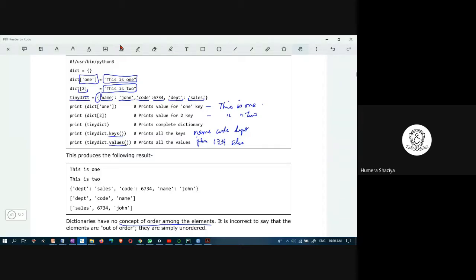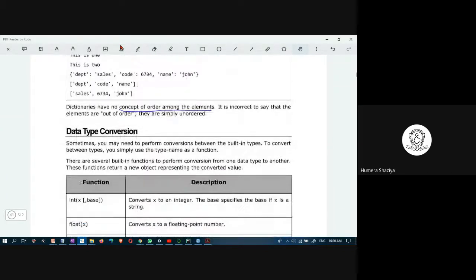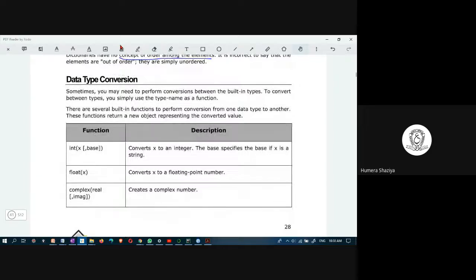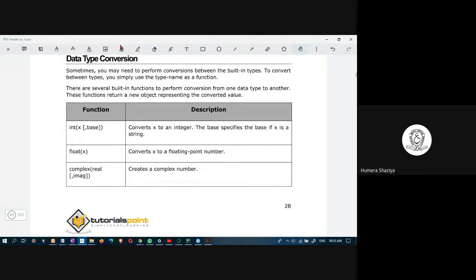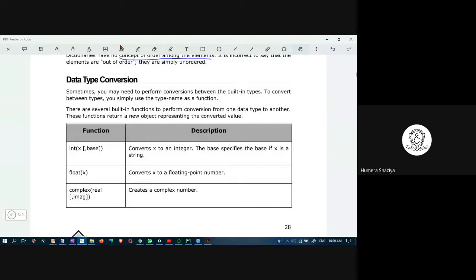So if department and sales appear first, second, or third, it is immaterial. What is important is whether department and sales are appearing together or not, because they both are key value pairs. Please note down these important points. Anyway, I'm underlining, and I will share these documents with you all.